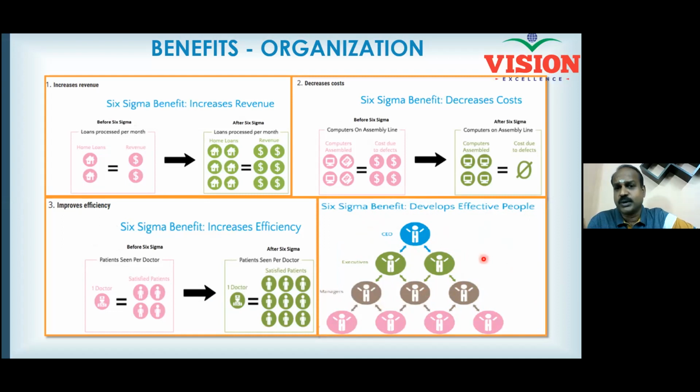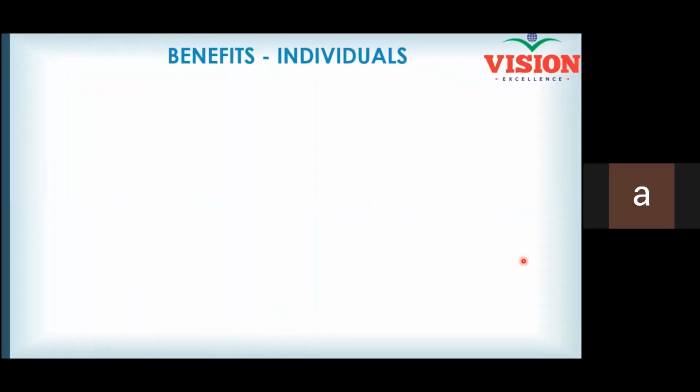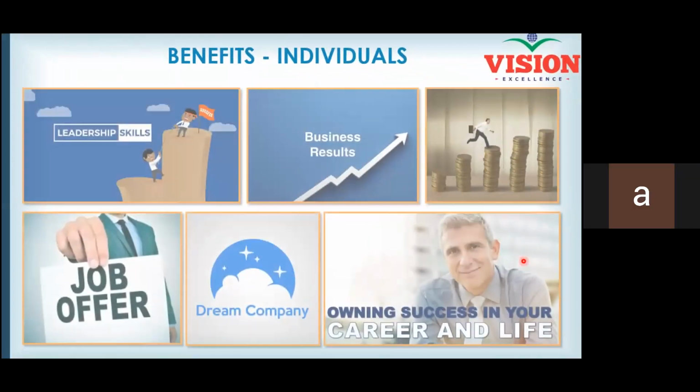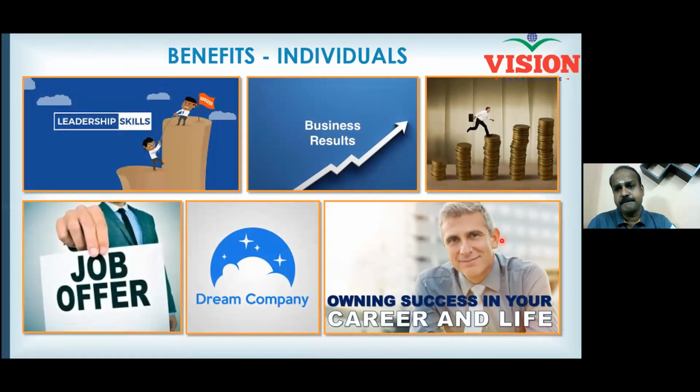Each one of you will know your role and responsibility and the importance of the data, and so everyone will be committed to collecting the data in the right way without committing errors. Thereby, as a team you will better understand the problem, better solve the problem, and a better solution will evolve, right? And individually also, all of you will benefit by learning Six Sigma. That means it will directly impact your leadership skill. A leader is not one who celebrates success. A leader is one who resolves the failures, right?